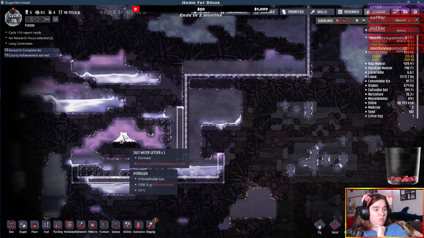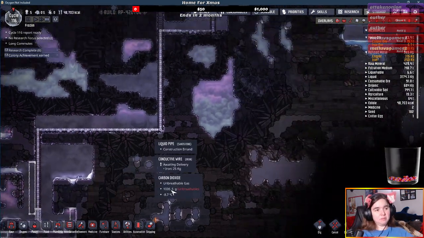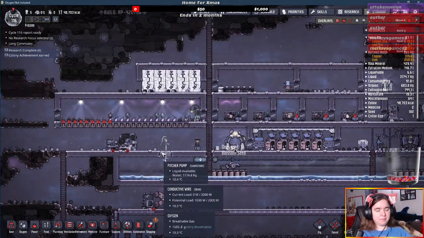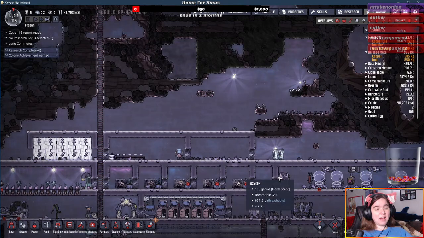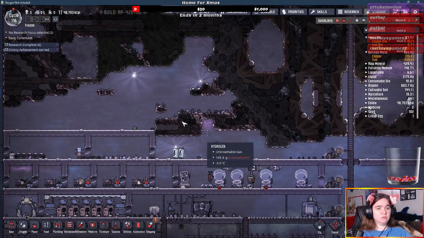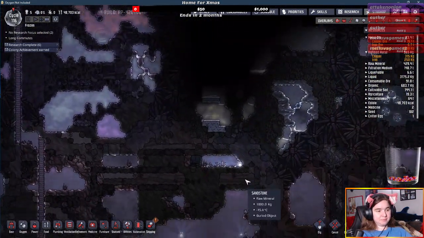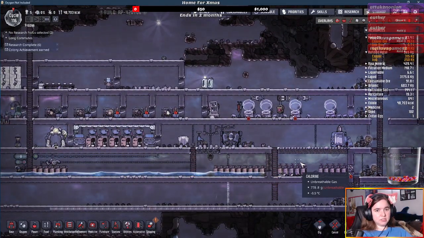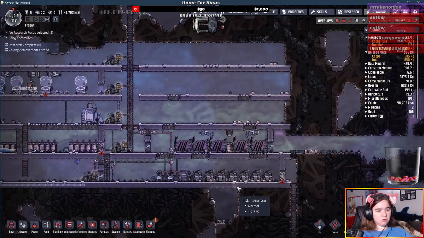Because this warm water will also hopefully help heat my base a little bit. Fingers crossed. Because the problem right now is I don't have anywhere that's warm enough to do mealwood. So my hatches are currently living off of sandstone, which is not renewable, so...